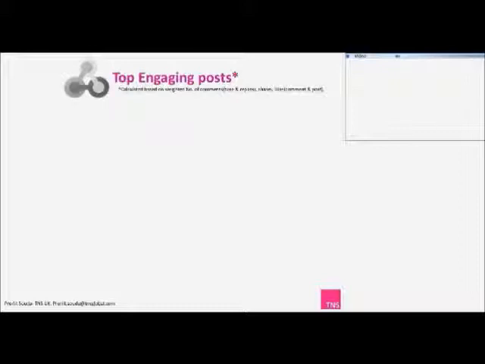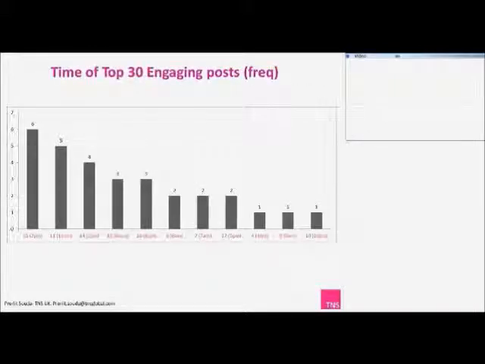It's not showing the table, but it was showing the most engaging posts depending on these. It was also showing the categorization of the posts. There are hundreds of thousands of posts that you can look at on a Facebook page, but you're not going to read every one of them. So from a holistic point of view, I converted them into something which I called a theme, which is in essence the categorization of the post: in gist, what is it talking about? That was also done for every post. I'm sorry it's not coming up here.